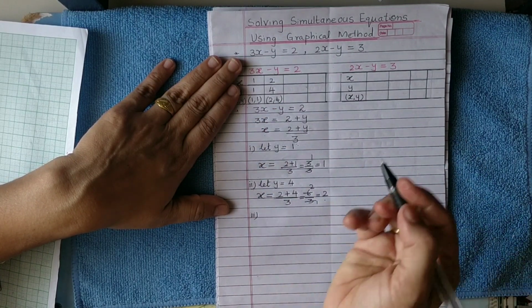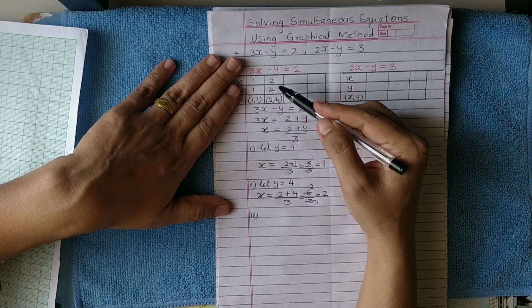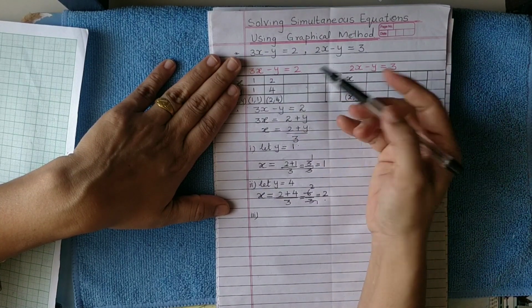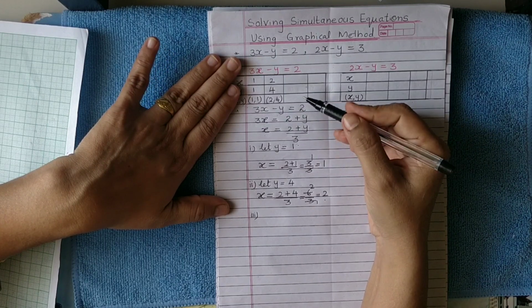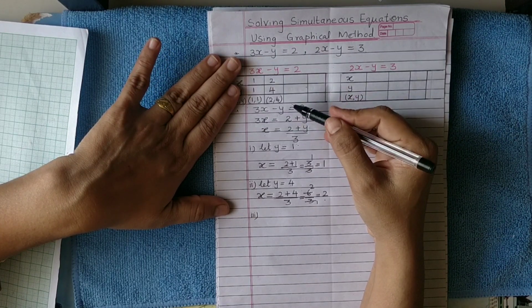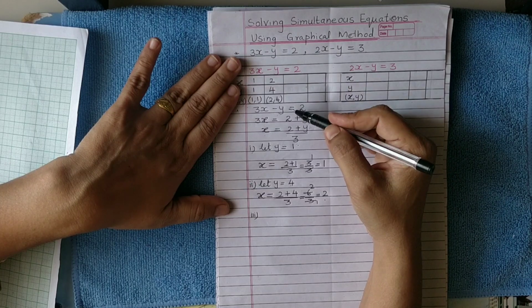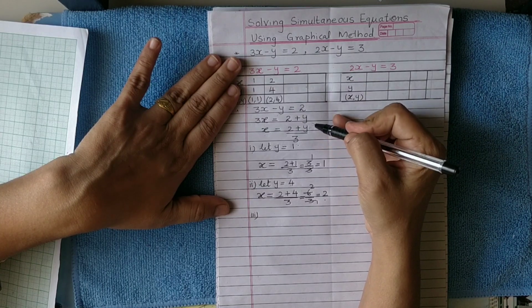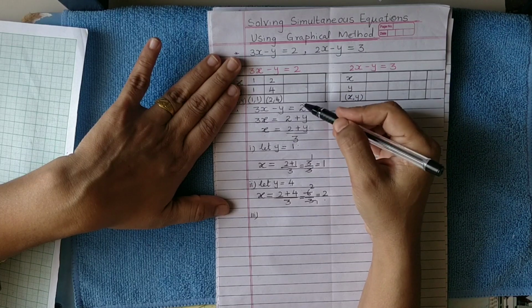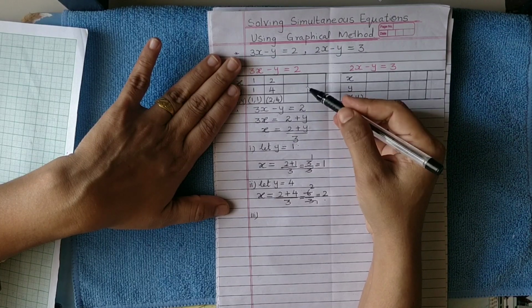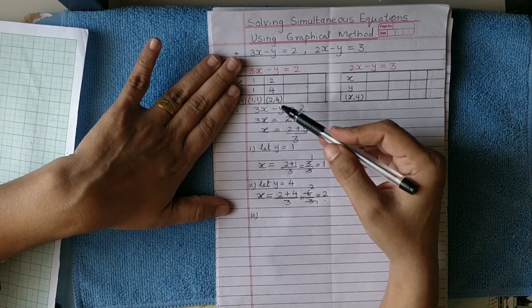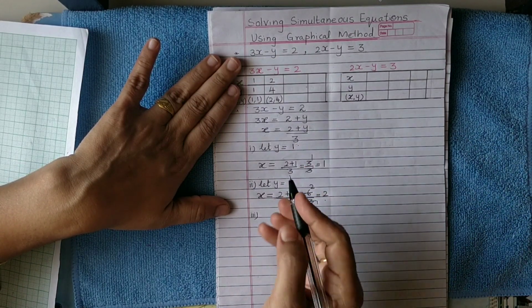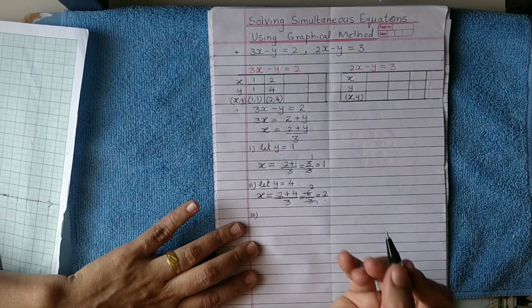Actually, the graph of a line can be plotted using only two sets of these coordinates. But in order to avoid mistakes, since one point may be wrong and then the whole line will go wrong, we select at least 3 and maximum 4. So that if the graph is not coming as a straight line, we'll be able to understand that we have gone wrong somewhere. With 2 points it will not happen. We will not understand, because with 2 points you can draw the straight line anyhow.